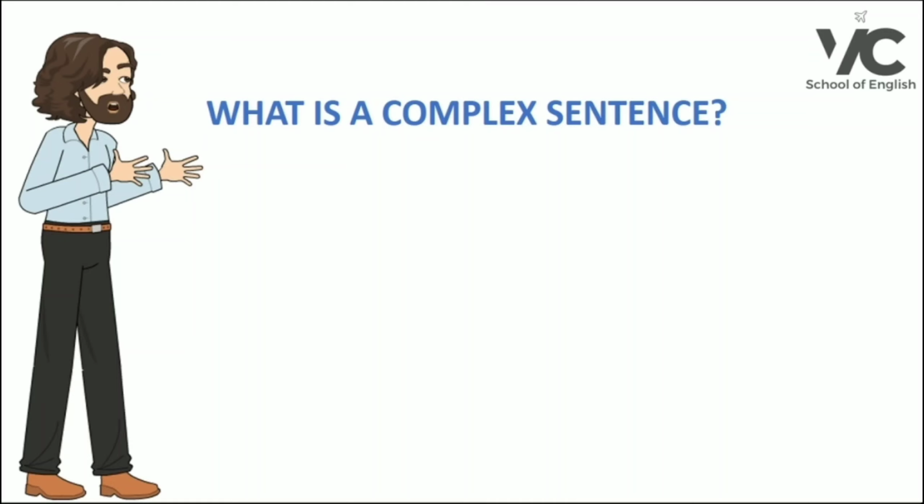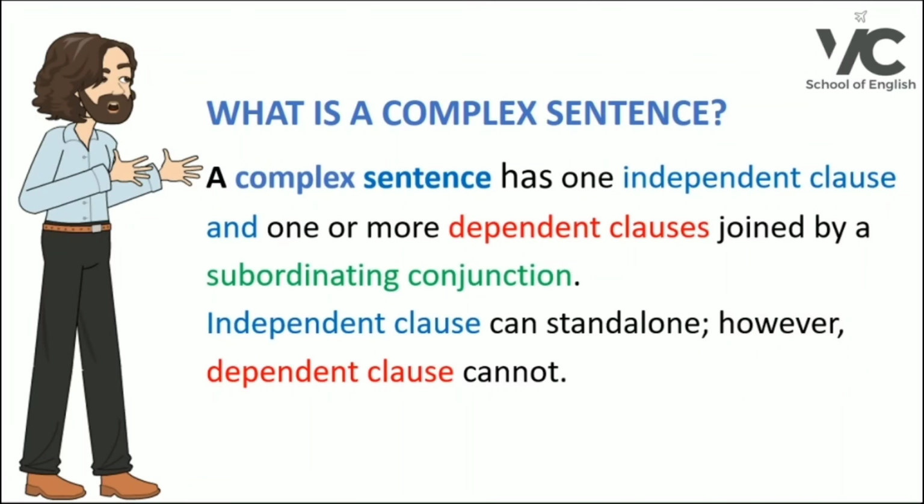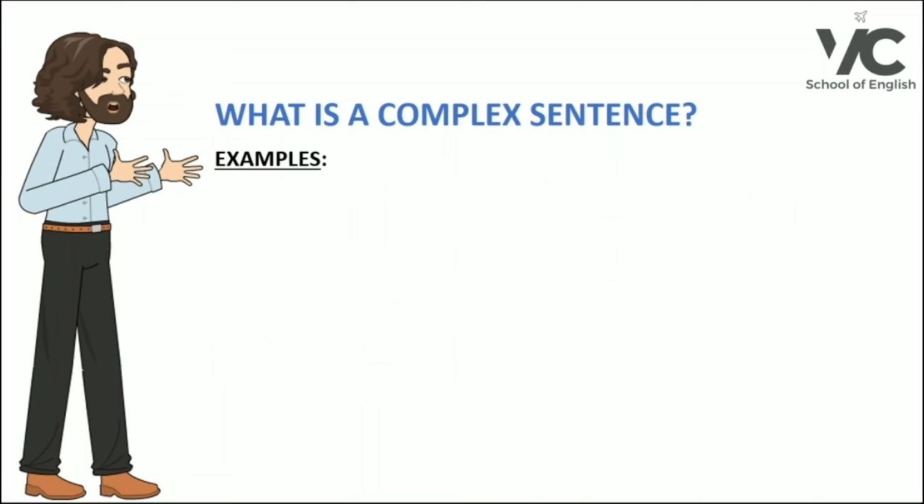So the next type of sentence is a complex sentence. A complex sentence has one independent clause and one or more dependent clauses joined by a subordinating conjunction. An independent clause can stand alone. However, a dependent clause cannot. And the examples are: